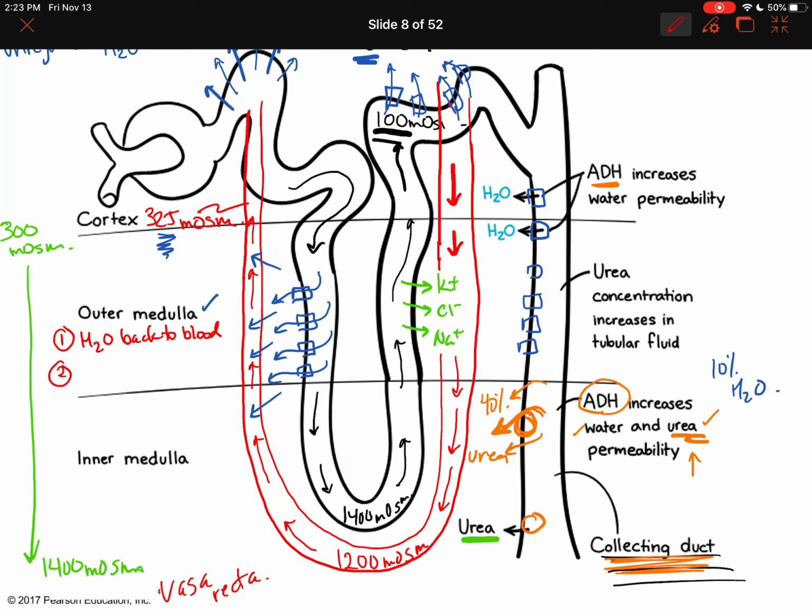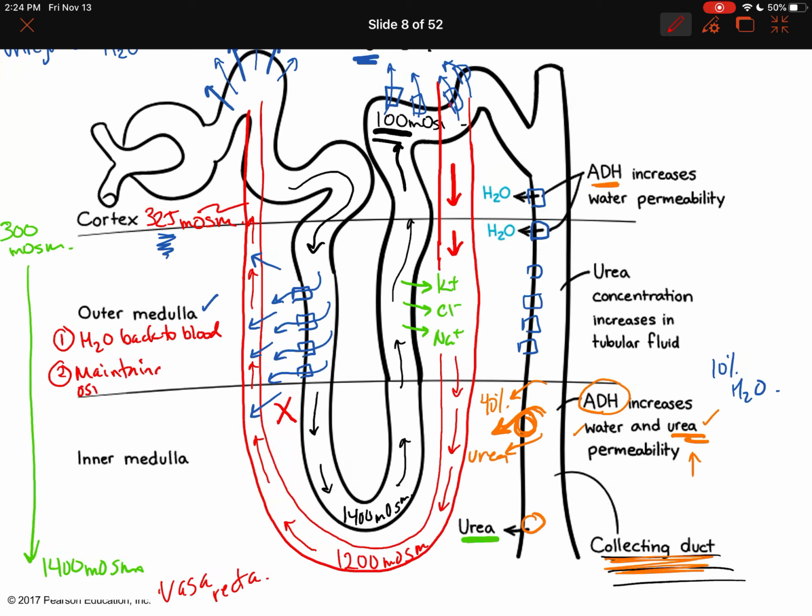Because imagine if the water just came from the filtrate and entered into this interstitial fluid, just right here where my X is. That's going to dilute the solutes that's being pumped out, right? If we're going to make the kidneys watery, then it's going to drive down that osmotic gradient. You're going to wash out or dilute the potassium, the chloride, and the sodium that you just pumped out. So it's really important to take the water back so it maintains